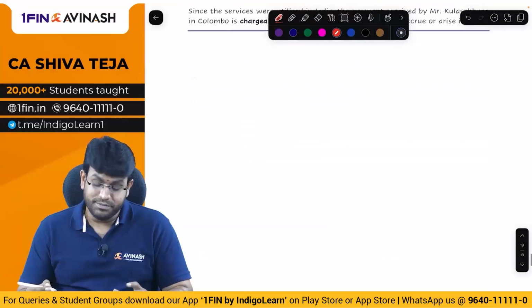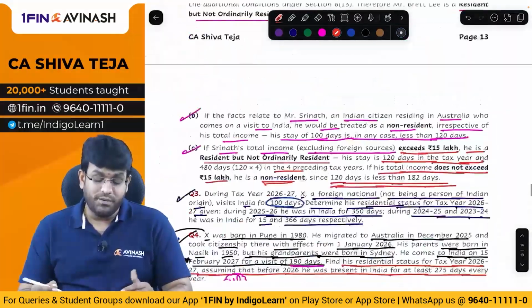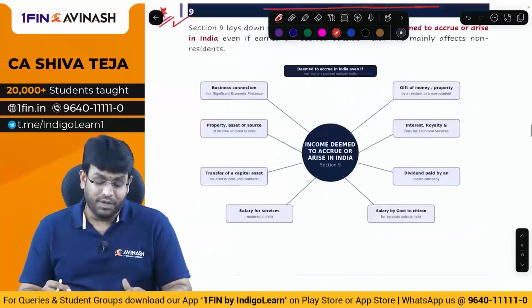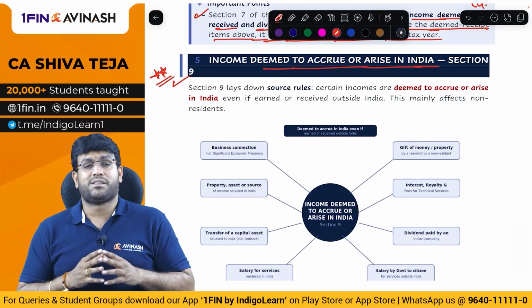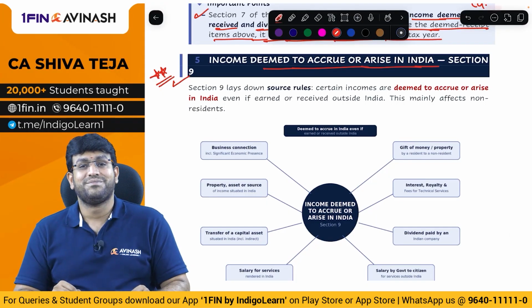Question 14 we'll see later. So we are done with some interesting questions. We are required to discuss some more concepts, that is section 9. After we discuss section 9, we can discuss the balance questions, my dear friends. Are we clear till this stage, everybody? Come on, let's proceed.